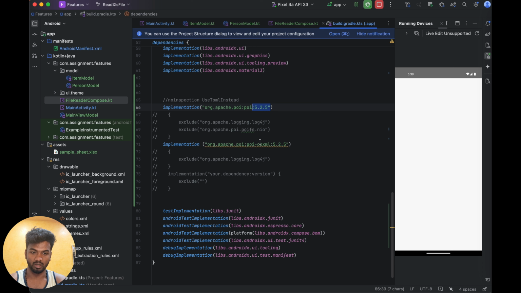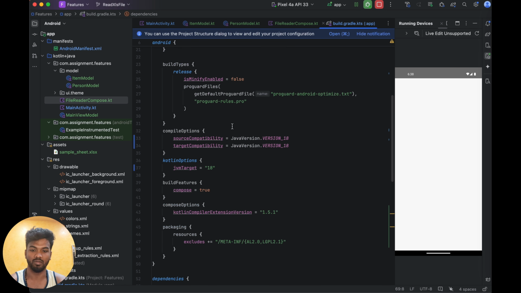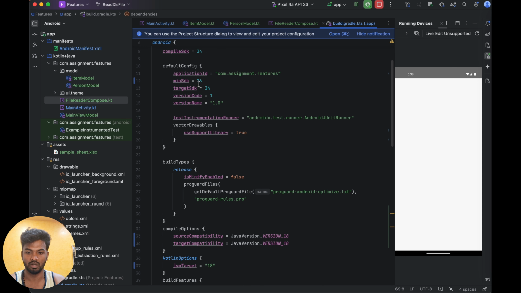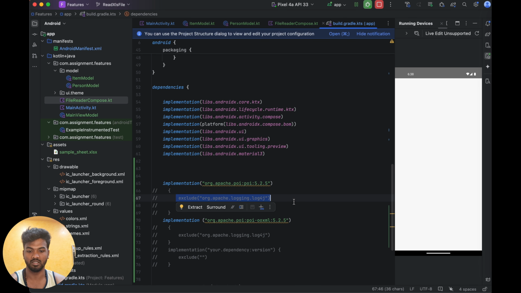According to this dependency, the minimum SDK should be 26. If it is below 26, it will give errors from some packages, and it won't run on your system. So we have to set it to 26. Then you can use it, or otherwise you have to exclude, like this,